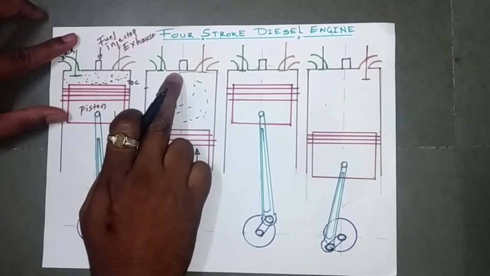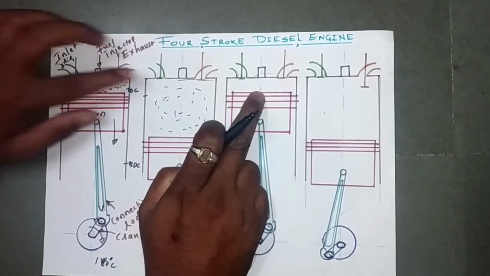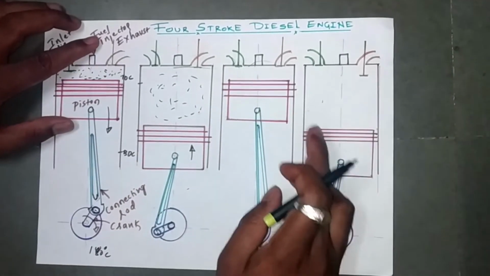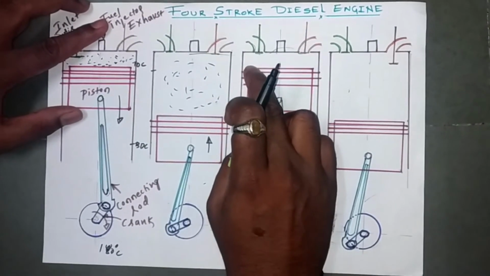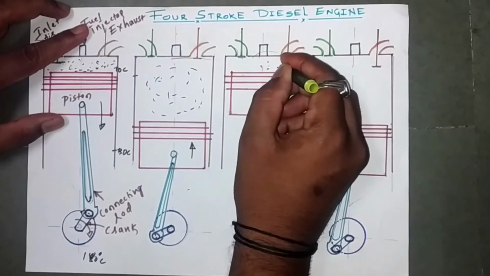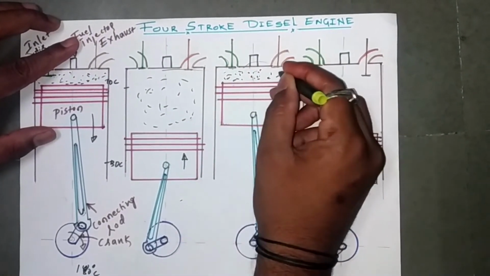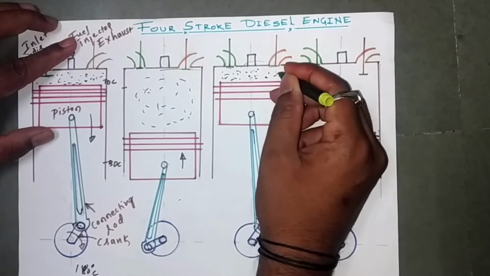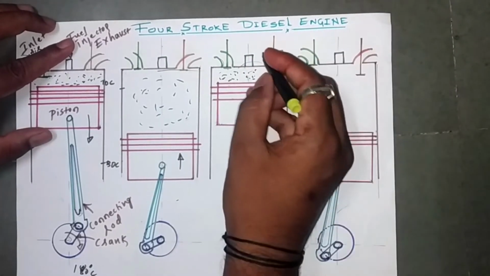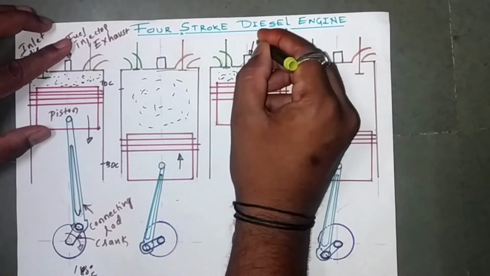Now let us come to the third one, that is the power stroke. Once your piston reaches TDC, here we have compressed air. The temperature will be more. Once the required temperature is reached, from the fuel injector, this is your fuel injector,